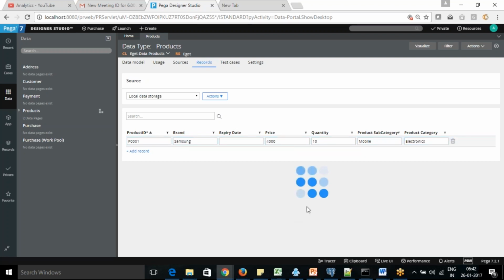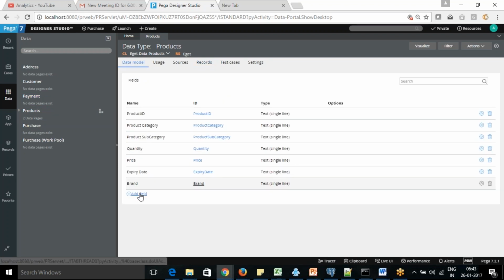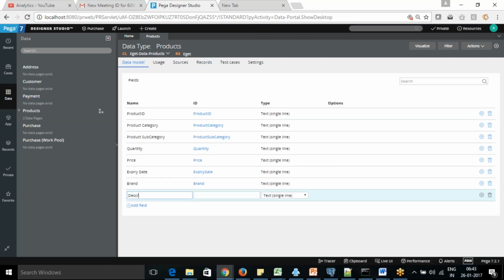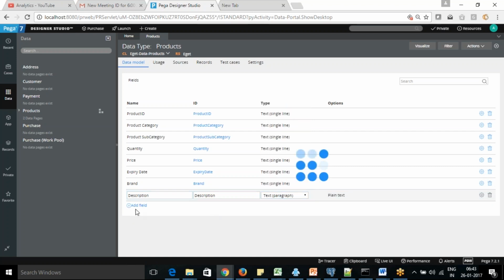So this information we can put in this way, and we can reuse it to display this information in one place. If you want to display what are the different things you have, you can add as many records here. So this is the dummy data you want to put like that. Oh, one thing should be there as well. Description should be there. So if you want to put some descriptions, we can put a little more details.